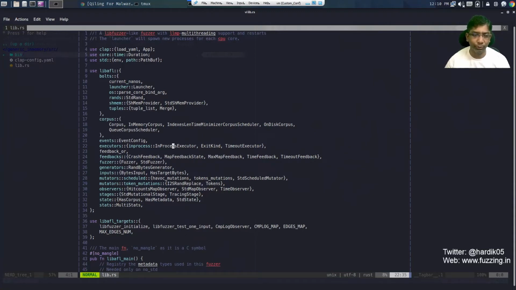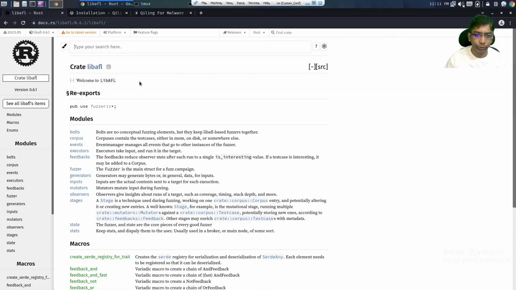What does it do? You can notice that I have opened the documentation for libafl, and one thing to notice is that you should make sure you check the documentation for the version you have installed. In my case, I have version 0.6.1 installed, so we need to check the documentation for this. The latest version I think is 0.7.